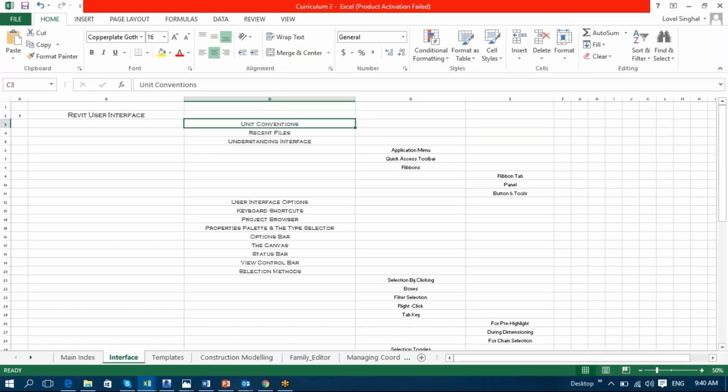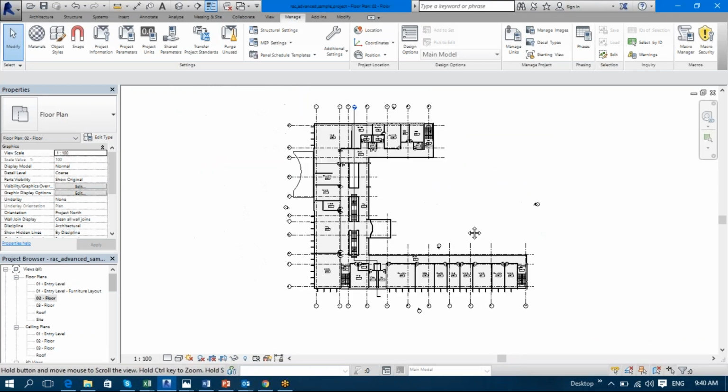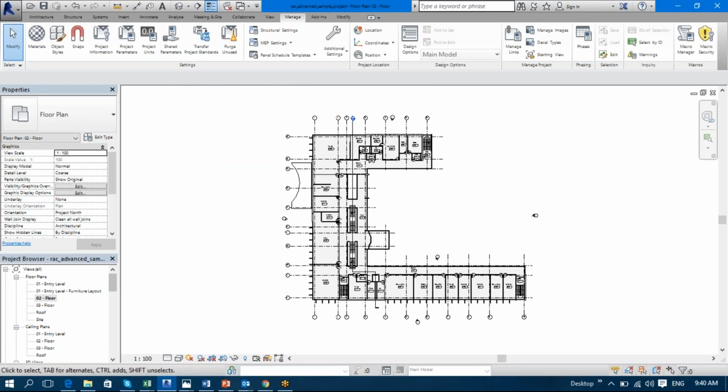Let's come to the unit conventions first. What is unit conventions? You need to understand that there are templates, and then there are projects. These are two different things. You all know about a base, right? On which we create everything. The base is a template onto which we create something. So if I